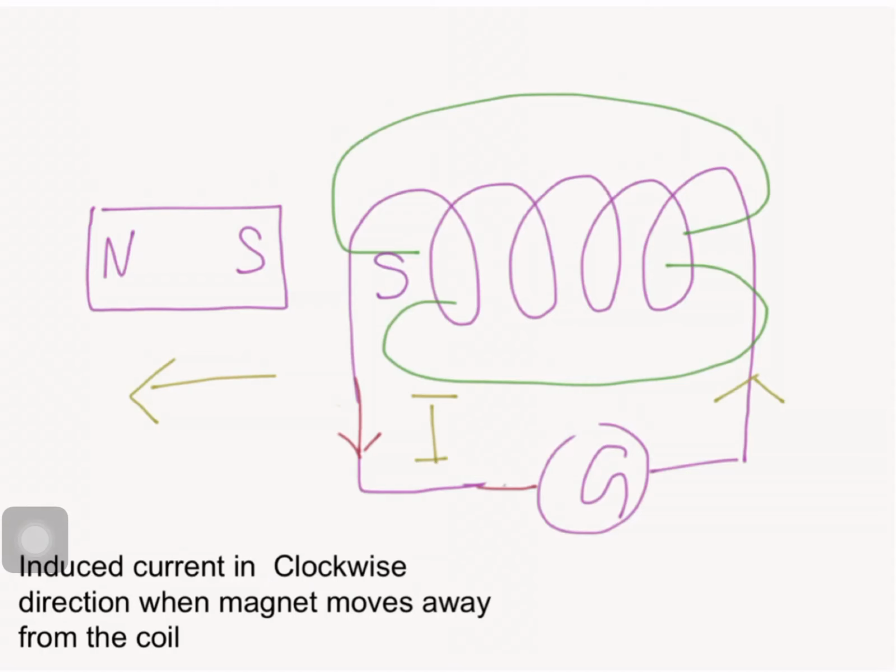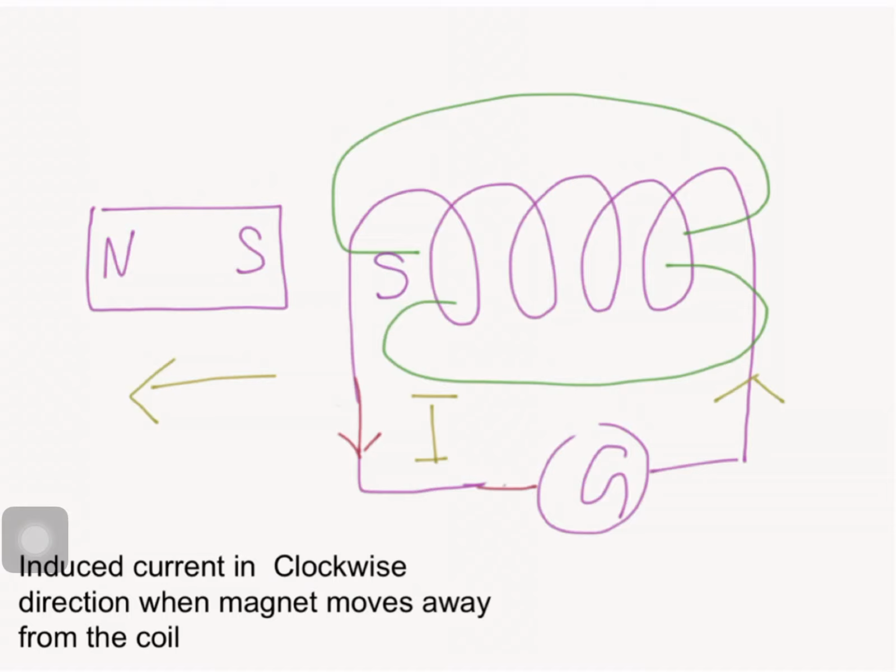In the same way, you can go for the second case. Suppose the bar magnet moves away from the coil. What is the direction of the induced current? Here it is the same thing. If the north pole of the magnet is withdrawn from the coil, the magnetic flux through the coil decreases, because the south pole associated with the induced current faces the receding north pole of the bar magnet. Receding is nothing but the bar magnet moving away from the coil.